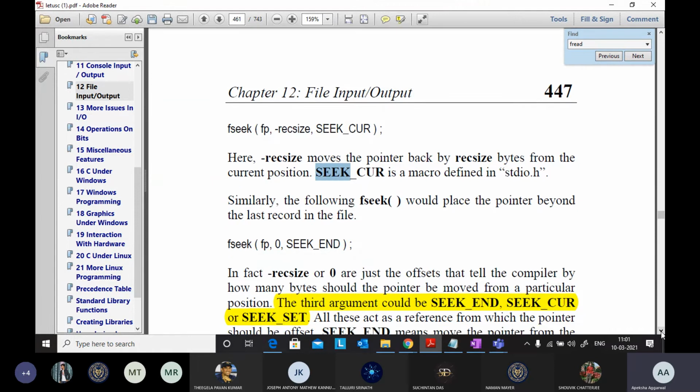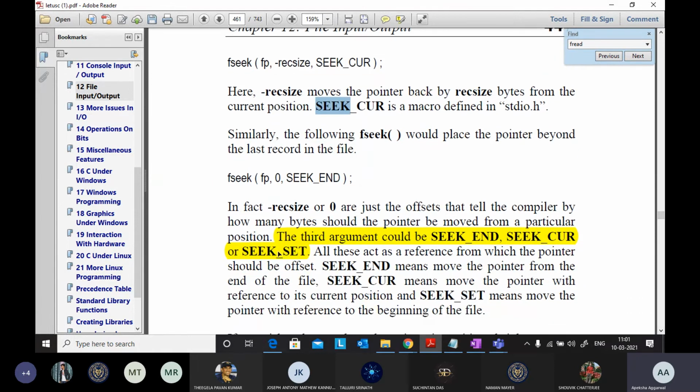There are 3 macros defined: SEEK_END, SEEK_CUR, and SEEK_SET. These 3 are macros, and they tell where your file pointer is. SEEK_END will move the pointer from the end of the file. SEEK_CUR means move the pointer with reference to the current position, wherever your pointer is.